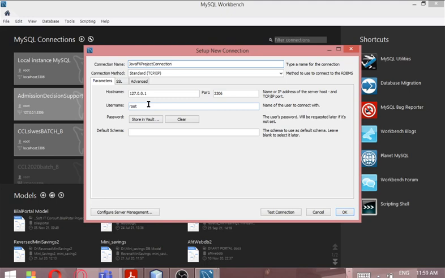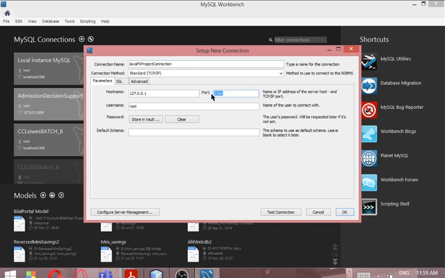You give the username and password of your MySQL server. And then here the host name, this is the host name IP. And then this is the